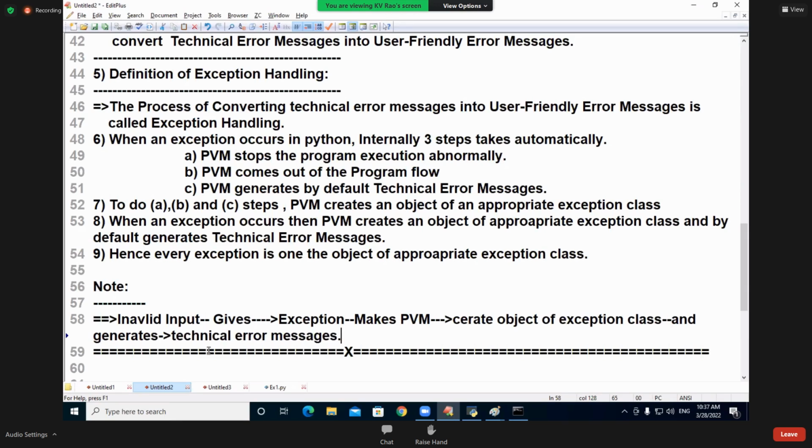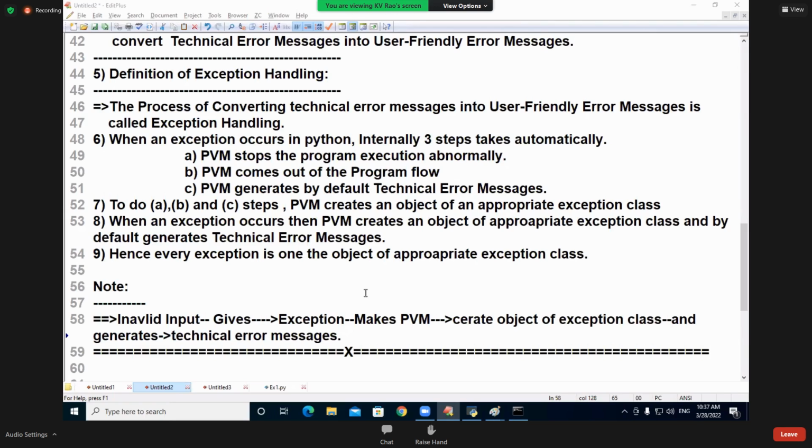So I'll stop my class, and when I come back next class, we will talk about what? Next, types of exceptions I will explain. So what is the purpose of exception handling? Quickly tell me. The purpose of exception handling is to build robust applications. To build what applications? Strong applications.